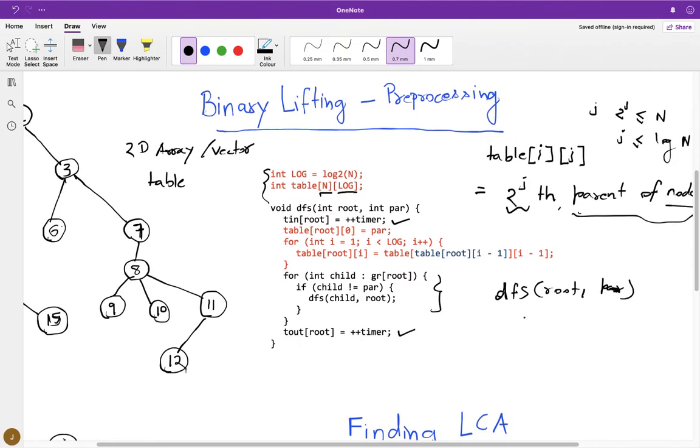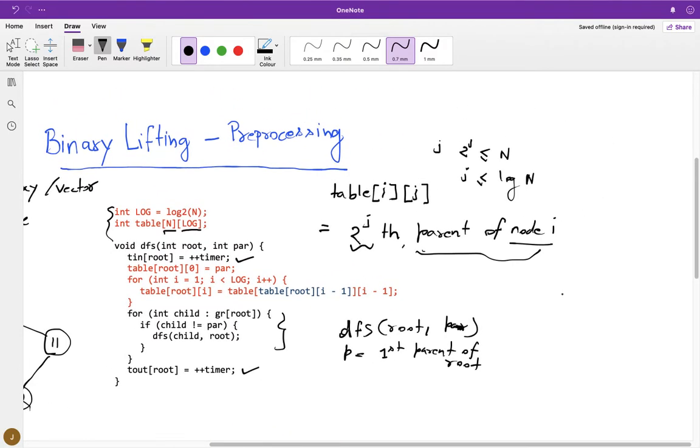So this P is the immediate parent of root. That means this P I can say is the first parent of root. So now I can write the first parent as the 2 power 0th parent of root.